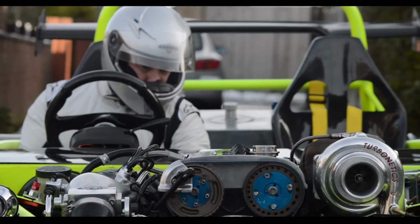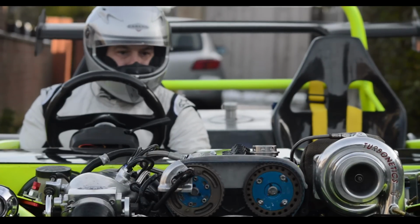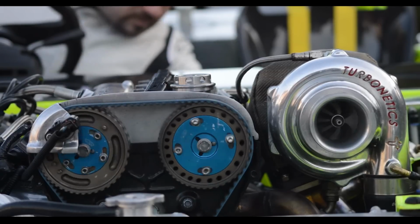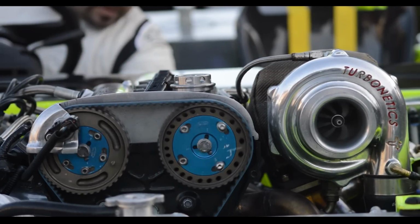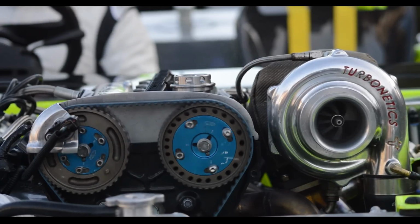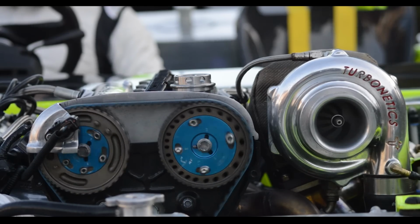The cylinder head being ported and polished massively, Supertech oversized valves on both the inlet and exhaust, the Supertech double valve springs to allow for high RPM. It's got the copper beryllium valve seats in there. They've also got the Supertech titanium retainers and titanium spring seats. The cams are a custom ground Cat Cams unit, high lift on both sides. The cylinder head machine work that's been done to it is pretty extensive, just to allow for the cams to